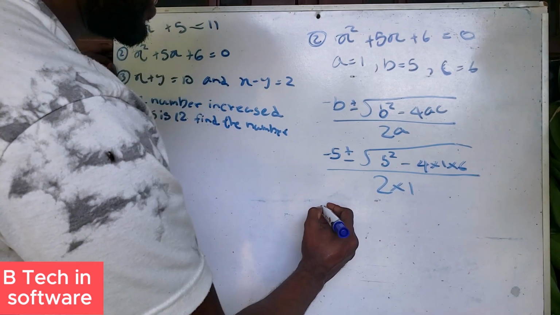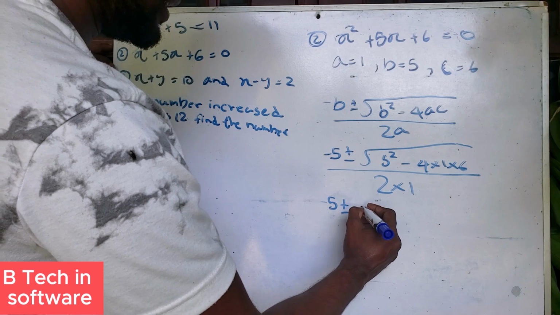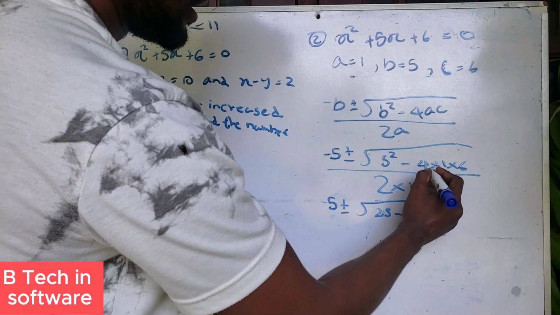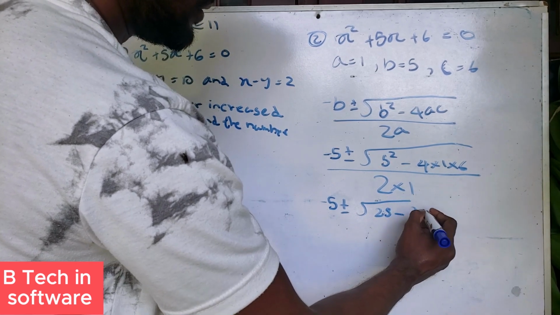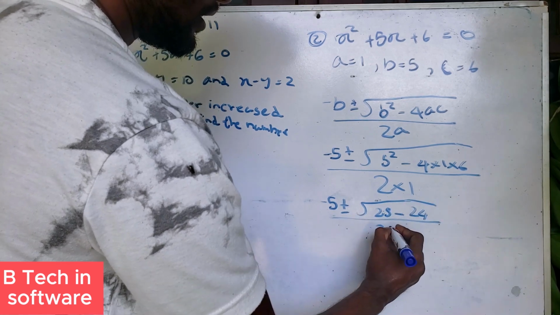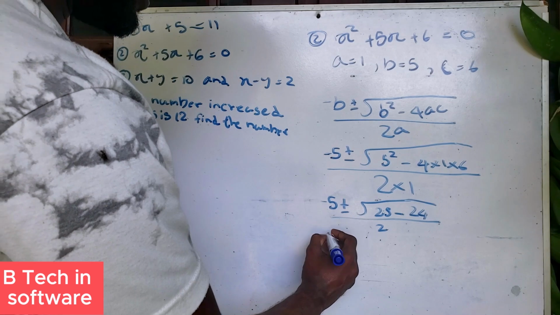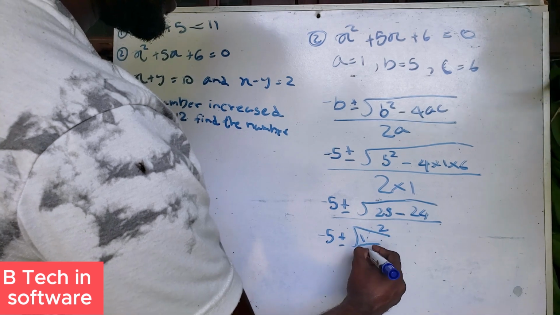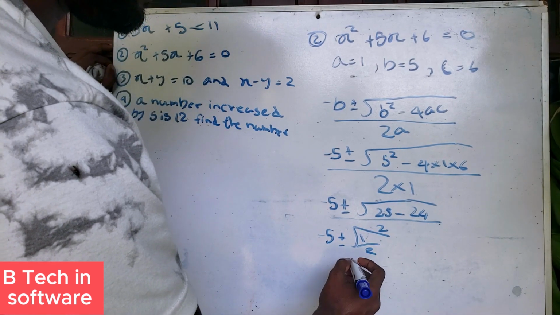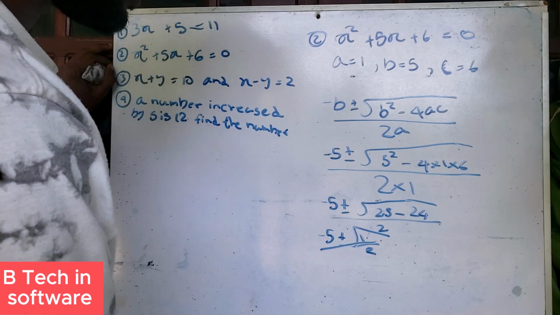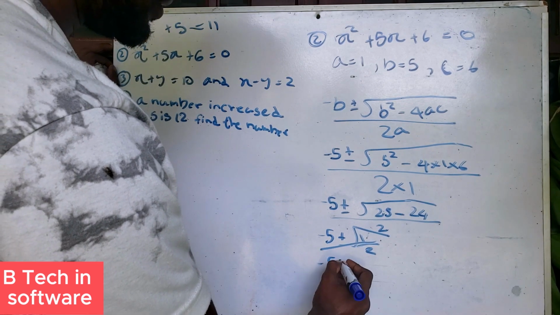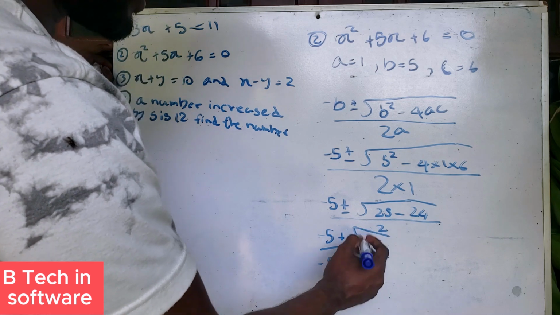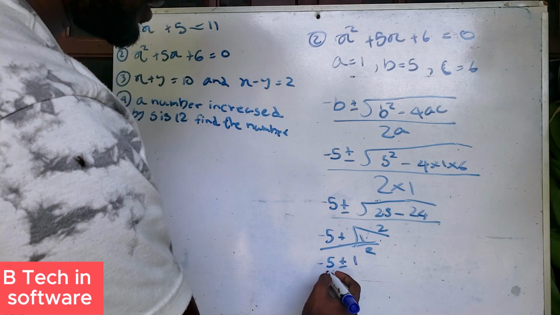Minus 5 plus or minus the square root of 5 times 5, 25, and then 4 times 6, 24, and 2 times 1, 2, and then again minus 5 plus or minus 1. The square root of 1 is also 1, and then